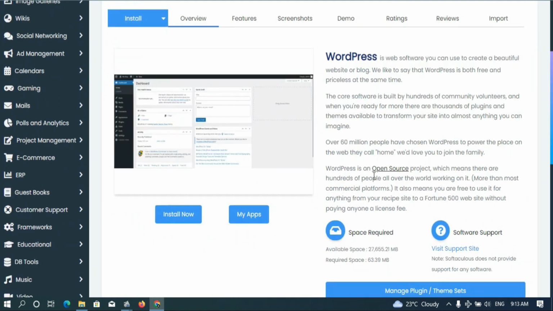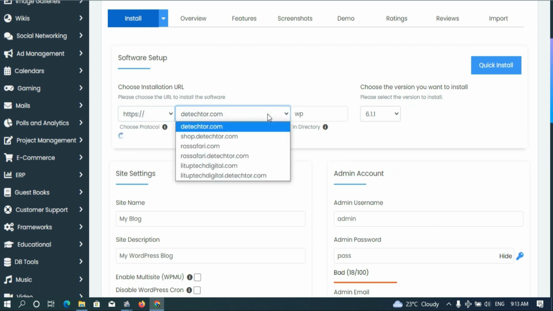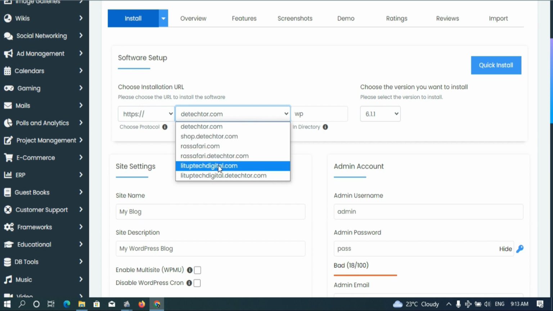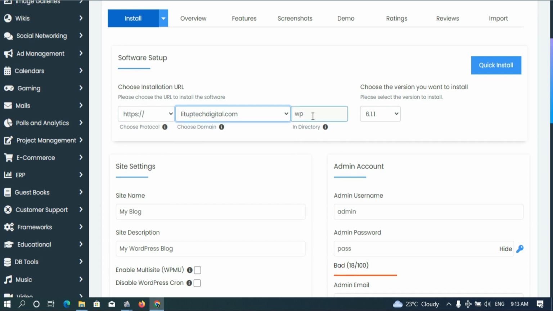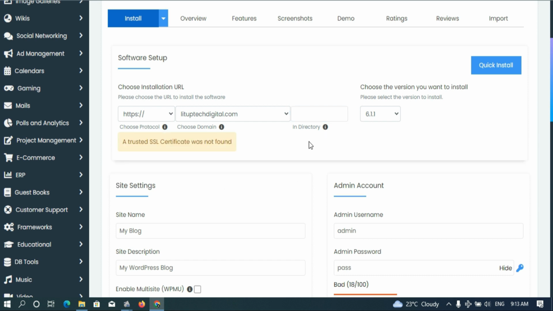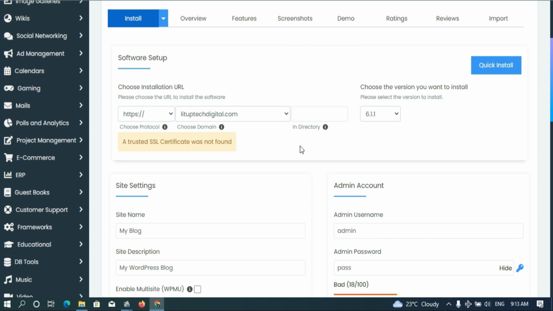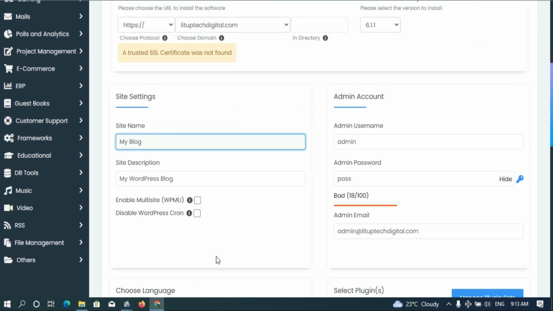Then here we are. So we're just going to install now, and we want to install this at HTTPS, and we want to use our domain, which is LittleTechDigital. You should leave this blank, so just make sure that is blank. If you click here and read here, you'll see why you should do that. So we're just going to name our website, which is LittleTechDigital,